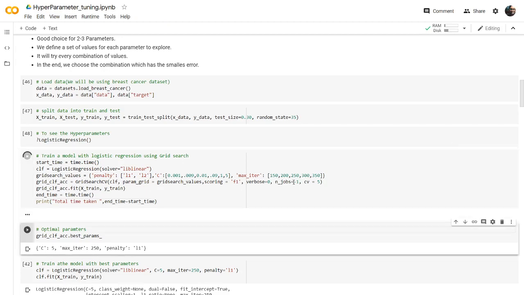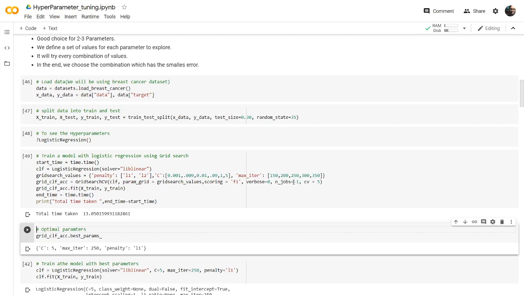So here the cross validation is like you'll be giving a complete data set, and if you take a cross validation of some number, let's say 5, your data set will be divided into 5 parts. The training data set will be divided into 5 parts, and first it will take the first 4 parts and train an algorithm and test with the fifth part, and in the next iteration it will be taking other 4 parts and giving the remaining part as a validation set. So it will be doing that 5 times. So that is what 5 means here in the cross validation.